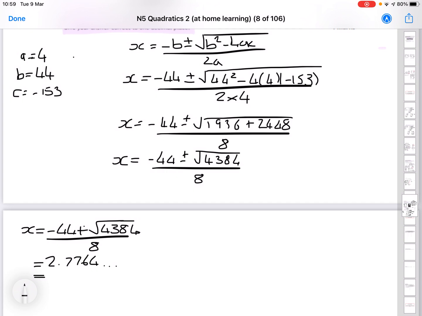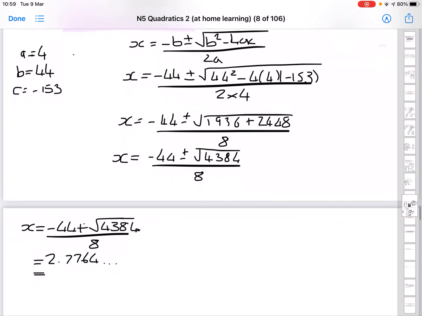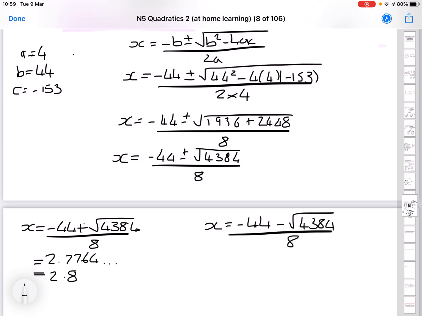I'm just going to make sure that that question said one. Yeah, one decimal place. So 2.8. And then for the minus version, we've got minus 44 minus root 4384 over 8. So that gives us minus 13.7764, dot, dot, dot. So that would be minus